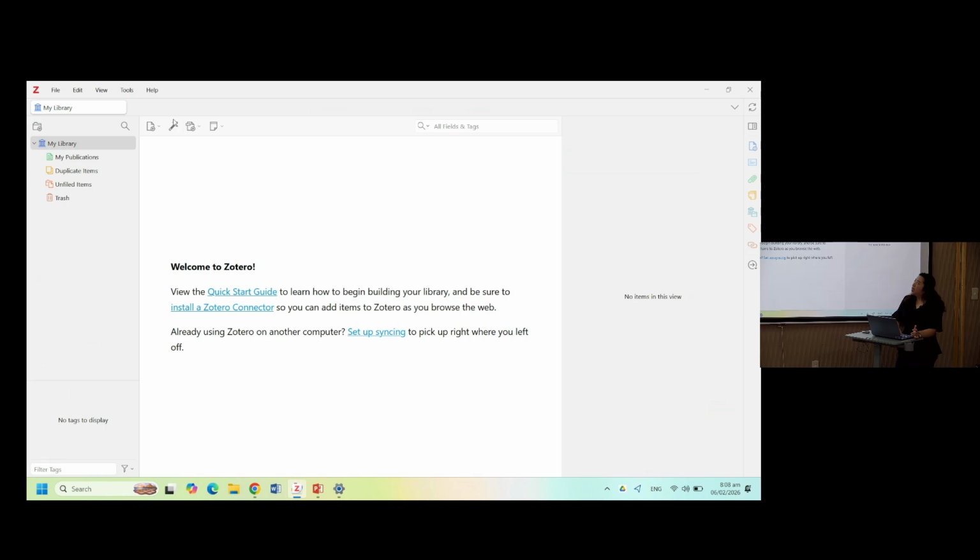And then this second button is like a magic wand, okay? Because all you have to enter is an ISBN or DOI, and Zotero will try to import the bibliographic information for you, as long as you have the ISBN or DOI, all right? Later on, we'll try that. And also this button right here is where you can add a file if you have already downloaded an article before and you want to include it in Zotero. This is the button for you, okay?